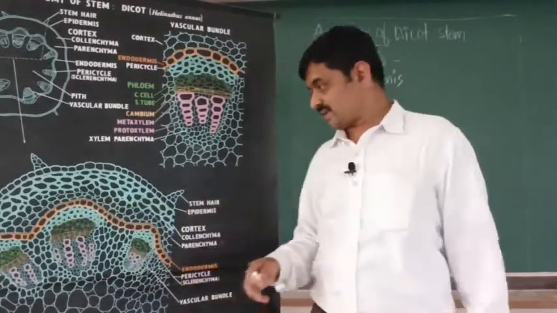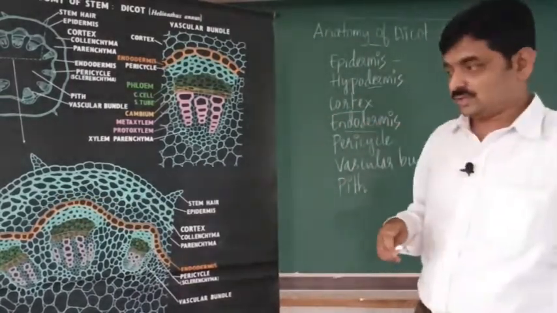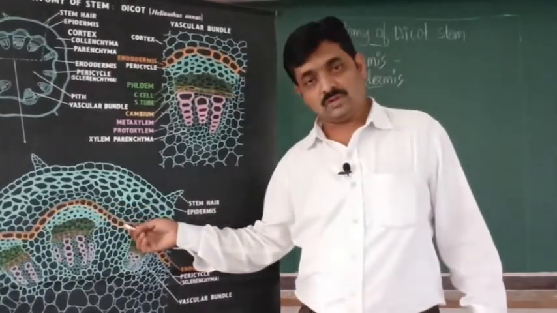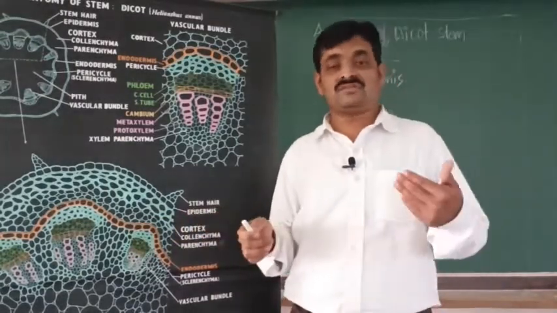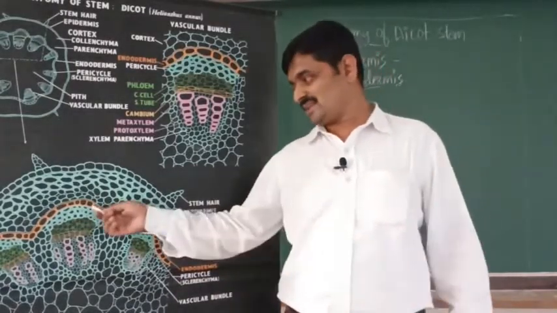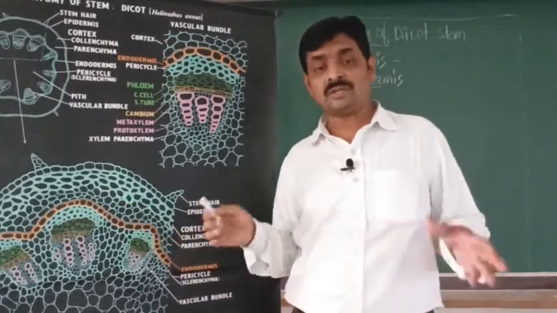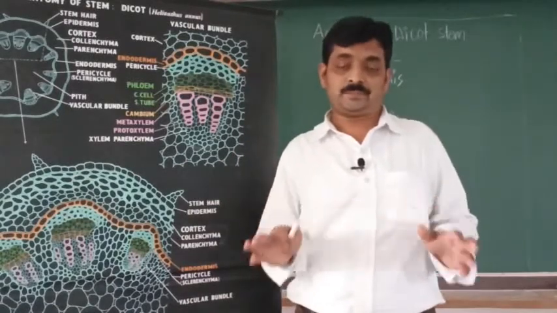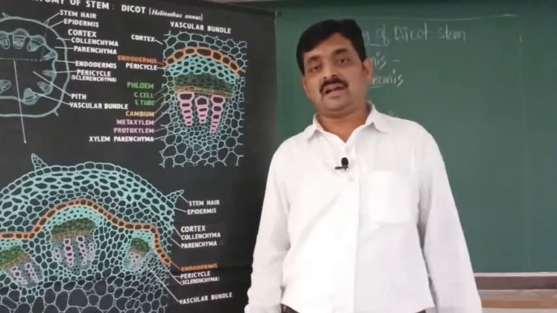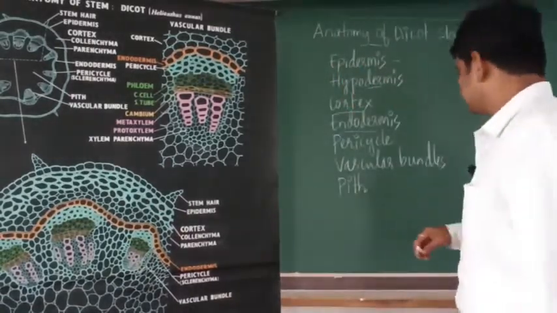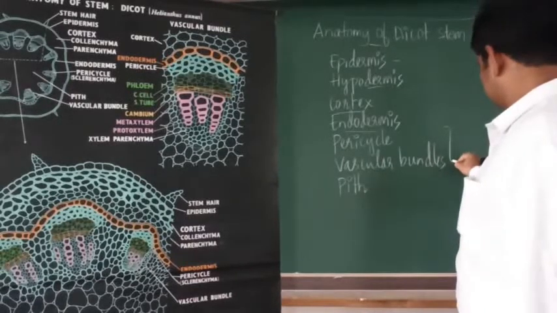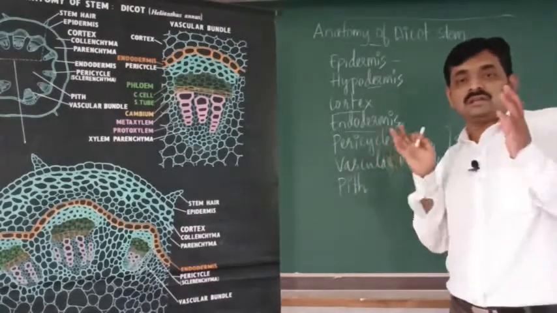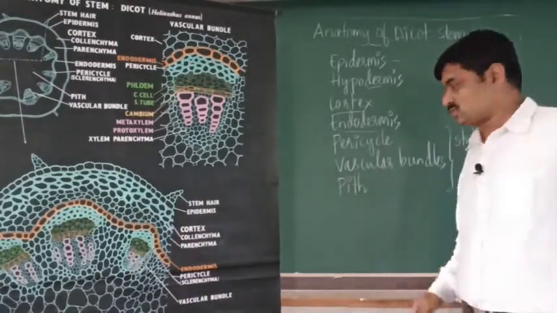Then after cortex, the next part is the endodermis. So this one. This is the endodermis. Endodermis is also single layer. It is composed of single layer of cells. Right? Basically these are again single layer of parenchyma cells. They form the endodermis. Endodermis is the innermost layer of cortex. After endodermis, the next part is called stele. After endodermis, the inner cylinder or inner part is called stele.